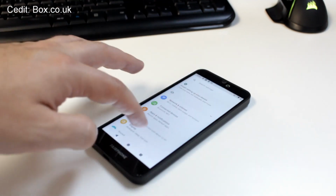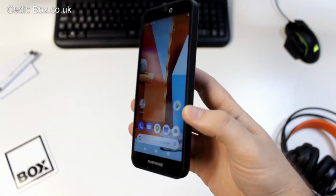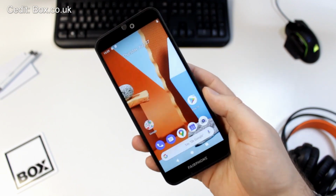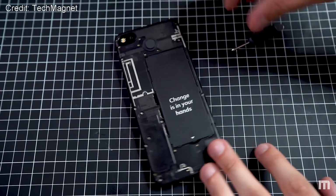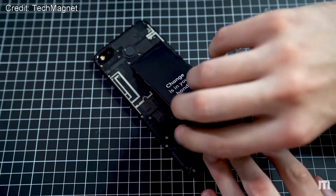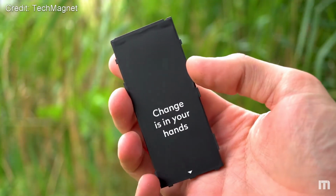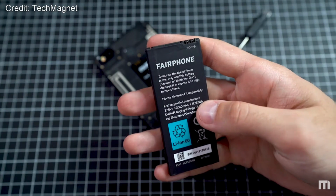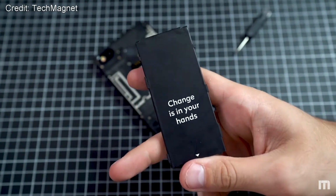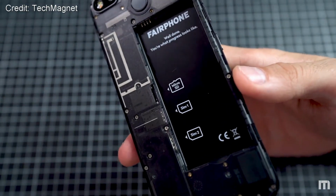However, the phone does have a massive feature that pretty much no other phone has, and that's that it has almost a completely modular design. You can take apart and replace almost all the parts of the phone. Obviously, some parts easier than others. The parts that Fairphone are selling on their website right now for replacements are both camera modules, front and back. You can also buy the battery, the back cover, the speaker, and also the display if you want to. This modularity has earned it a score of 10 out of 10 on iFixit's repairability score, so that is really